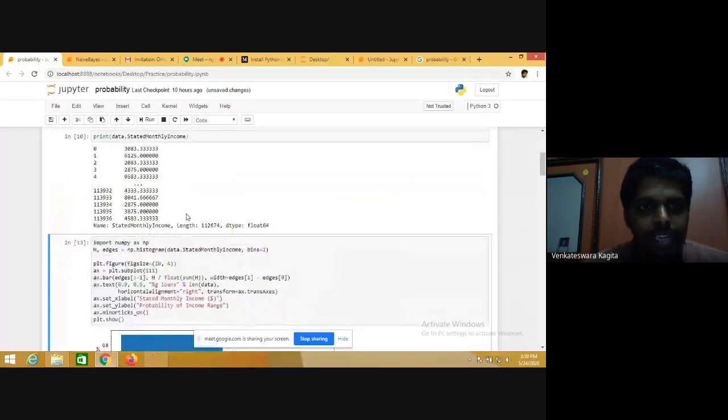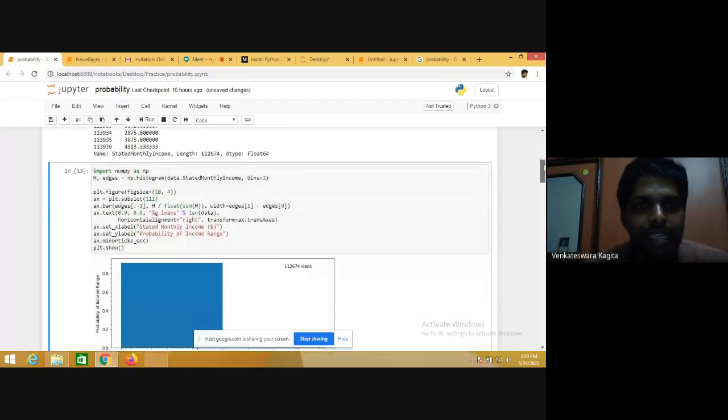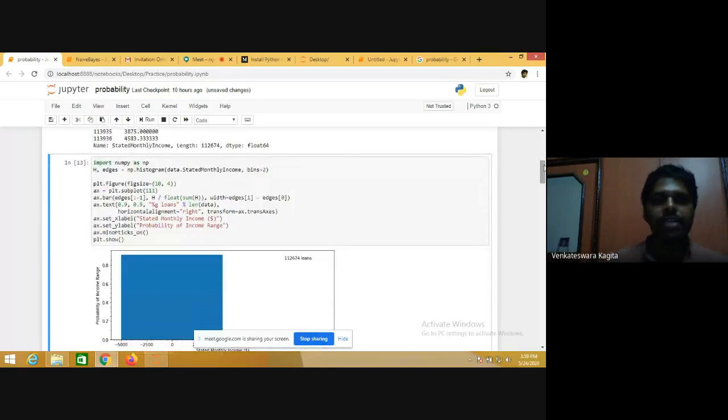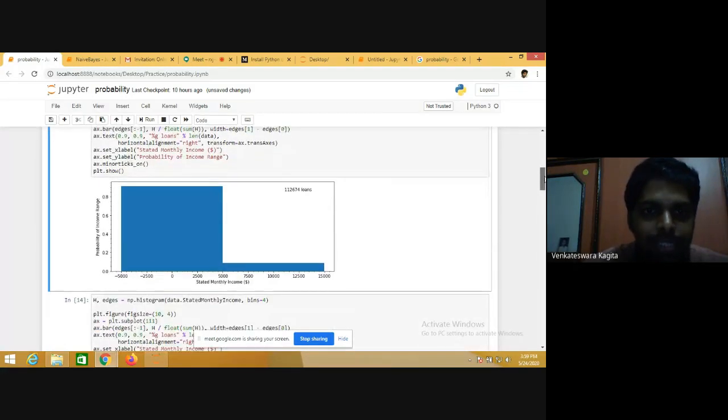So this is after eliminating the records with more than 20,000 stated monthly income. Now I want to analyze this data: what is the distribution of the stated monthly income of different people. If I would like to draw a histogram with only 2 bins, the data would be something like this.